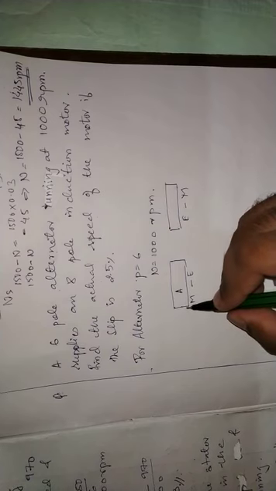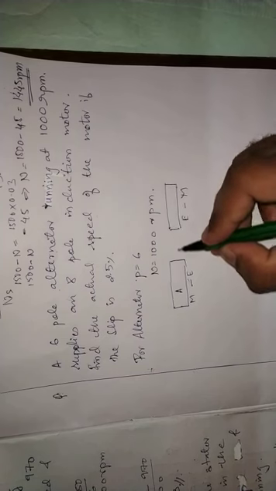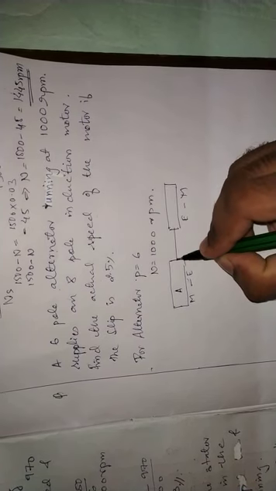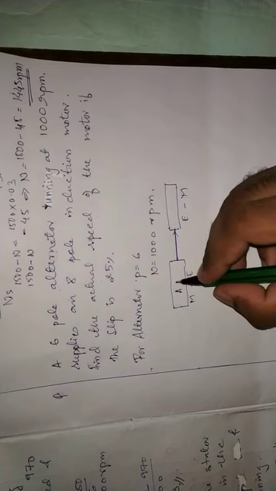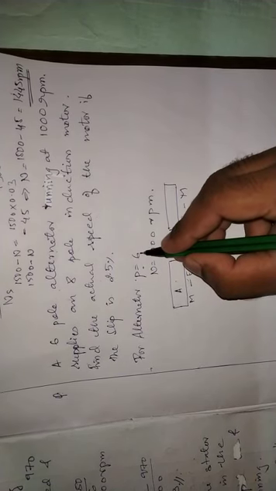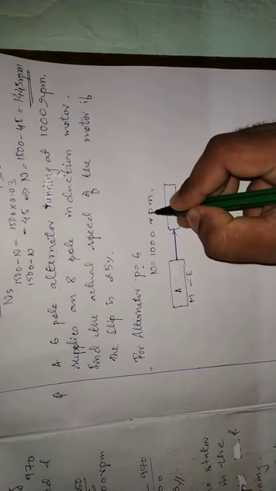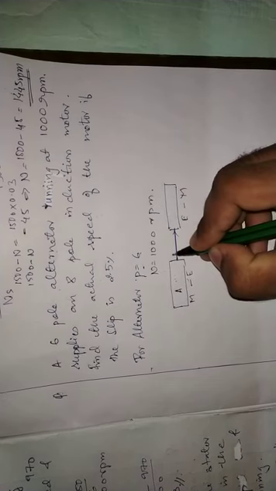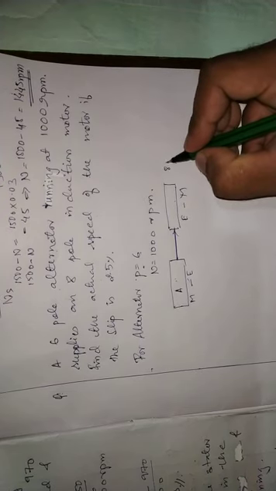So the alternator is going to generate electricity, and that electricity has been fed to the induction motor, right? So the alternator has 6 poles, and this alternator is running at 1000 rpm. Now the induction motor is having 8 poles,